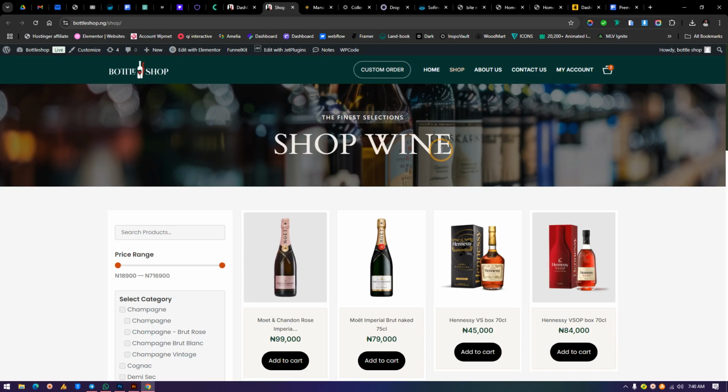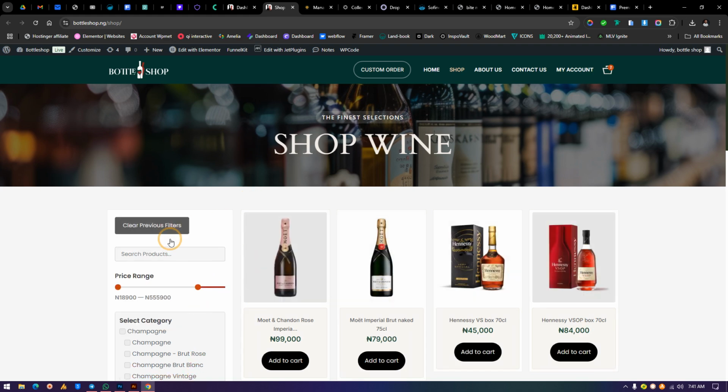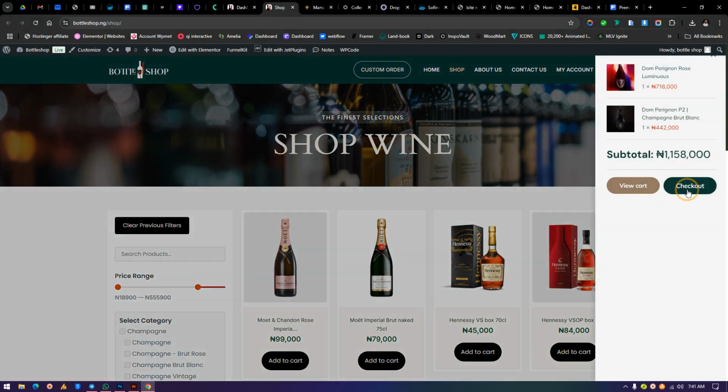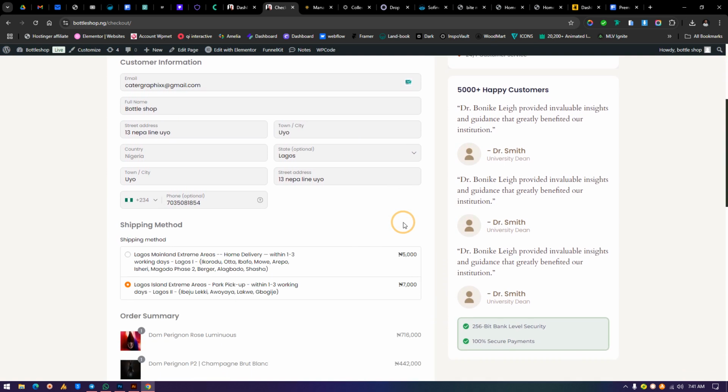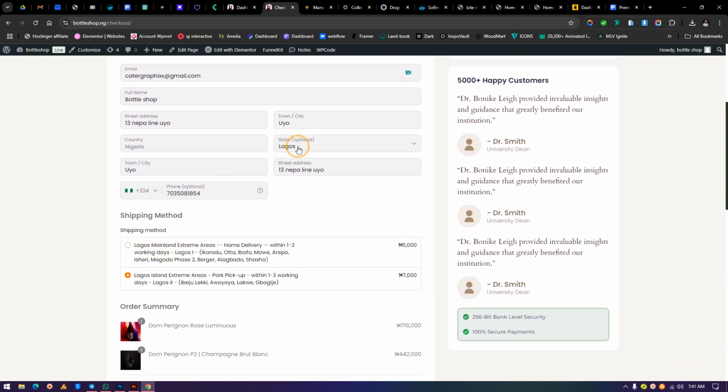Today we're going to learn how to add sub-regional e-commerce locations in an e-commerce store. So I'm going to show you what this practically means. For instance, we have a product in the store and we can hit on checkout directly so we can find those locations. Now, as you can see, we have selected Lagos as our state region, and in most